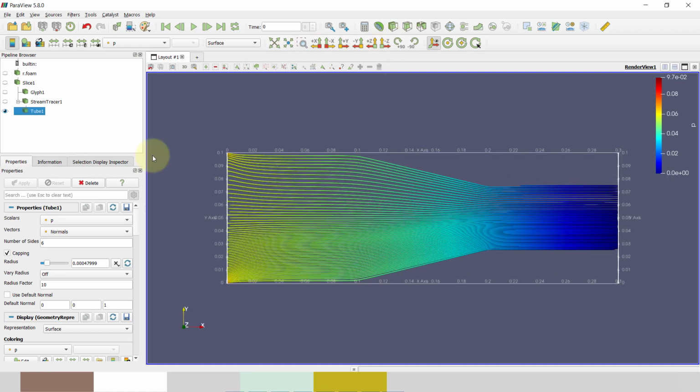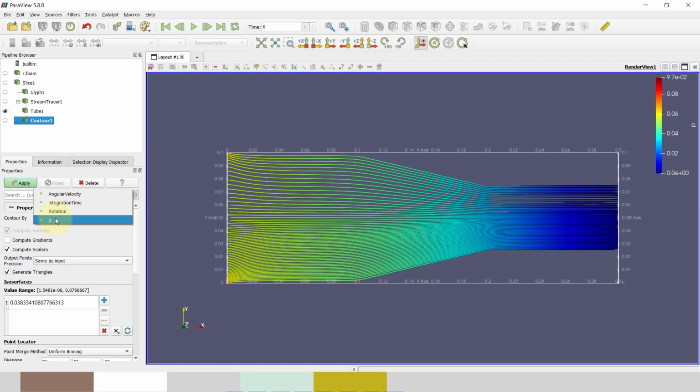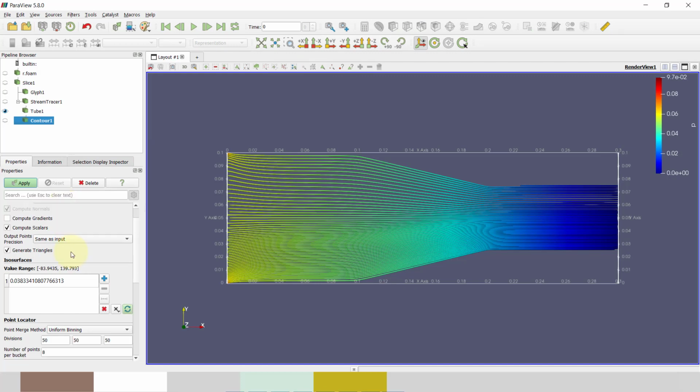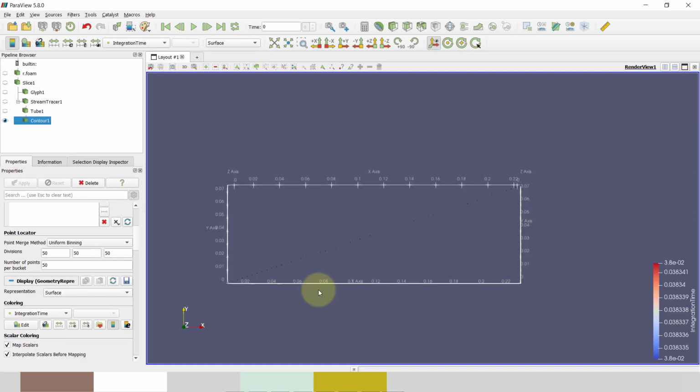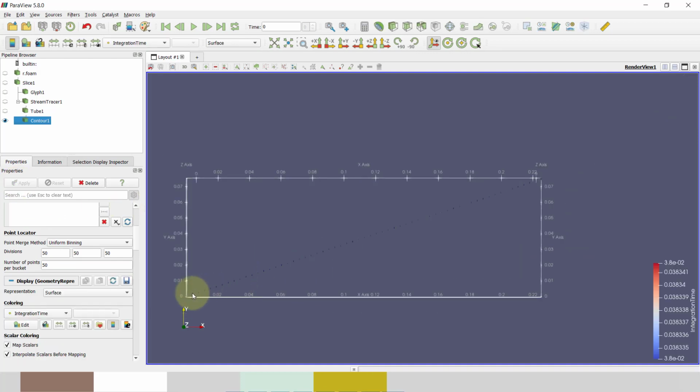And now I have to plot some animation beside the streamline. So I will do a contour plot, and in that I will go for integration time. If I select integration time, increase my number of buckets to 50 and apply it, you can see that my contour line, integration time result data, is available.